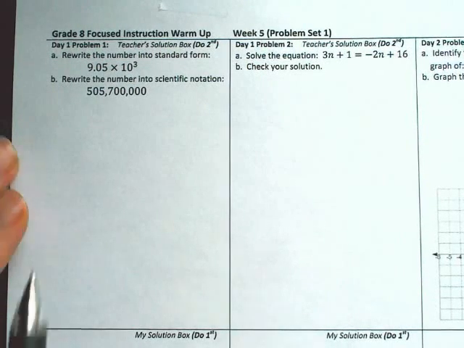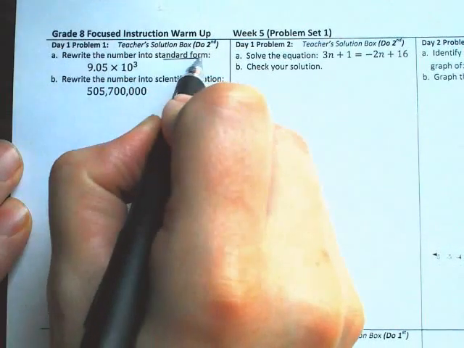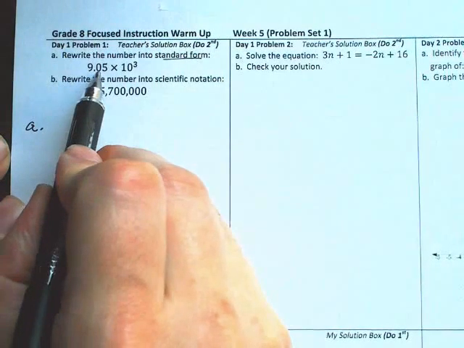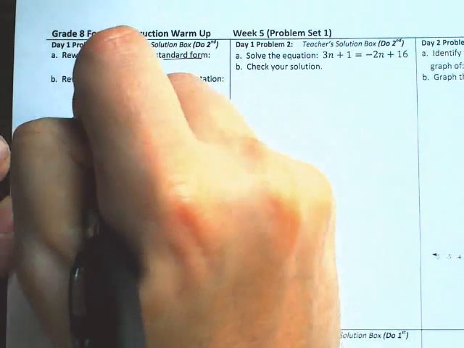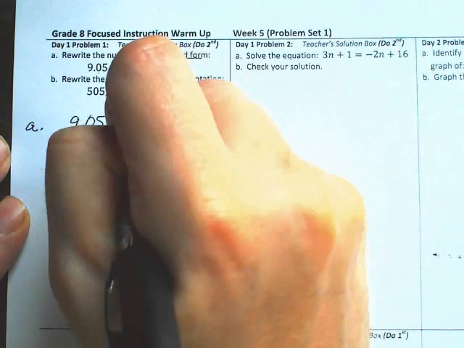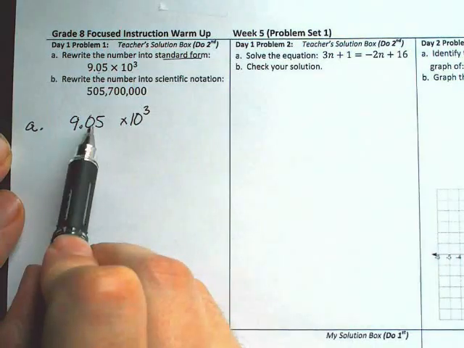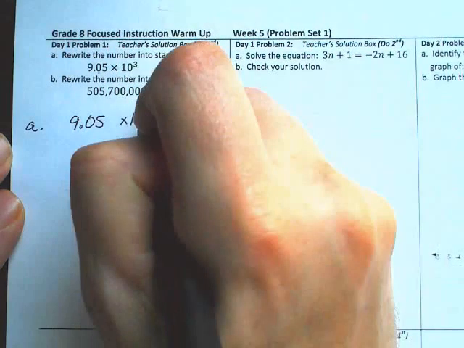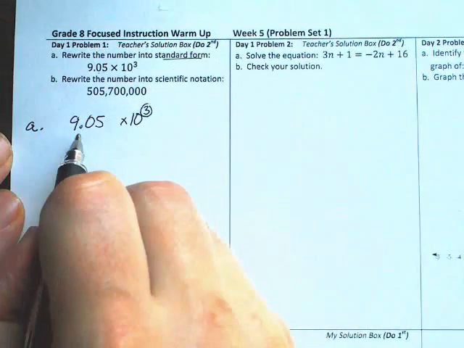Day 1, Problem 1. Part A, rewrite the number into standard form. To do this, I'm going to write down this number in scientific notation. And to change from scientific notation into standard form, I'm going to use the exponent on the 10 to manipulate